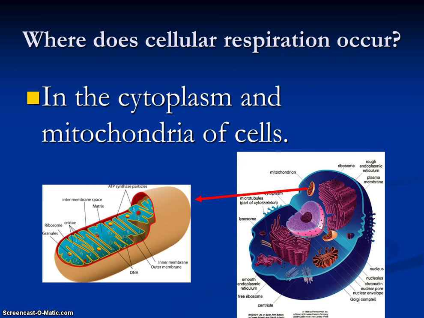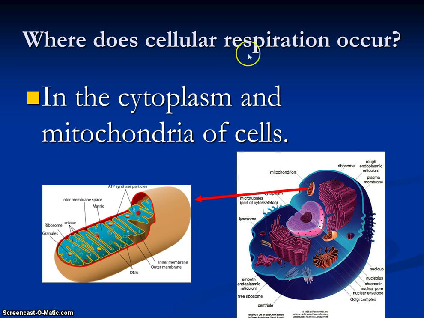Think about organelles. We've looked at organelles. Both plant and animal cells have mostly the same organelles, except plants have a couple different ones. But the organelle in particular that we're going to be looking at is the mitochondria. A mitochondrion, which can be found in a plant and animal cell, is very important for cell respiration because